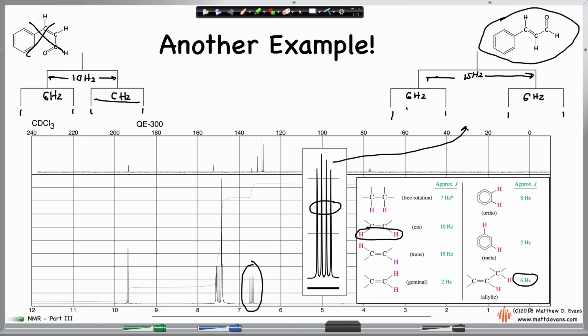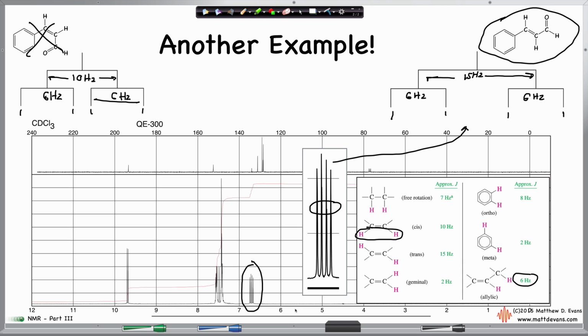Coupling constants are often really hard to measure on your NMR spectrum because if you've got a lot of overlap or the resolution's really poor, it's sometimes really challenging. When I was making the notes for this lecture, it was really frustrating because I wanted to look at a bunch of molecules that have complex patterns, but you simply could not see or measure the gap. The way you do this on paper, though, is if you print out your NMR spectrum, which I frequently do,